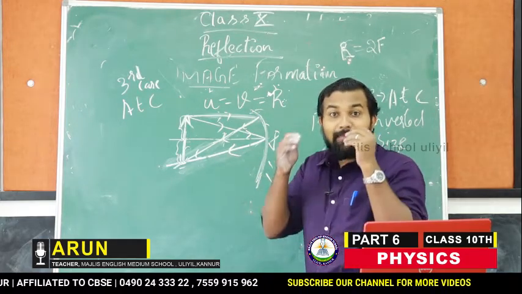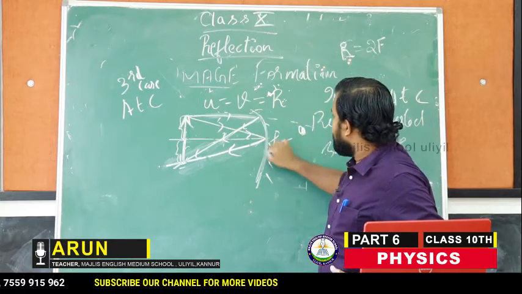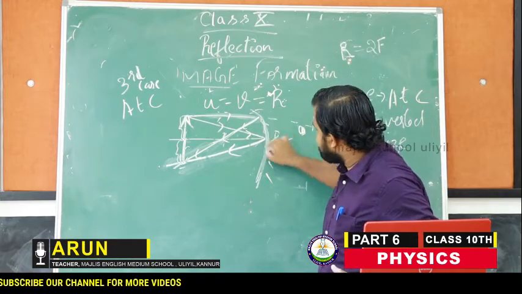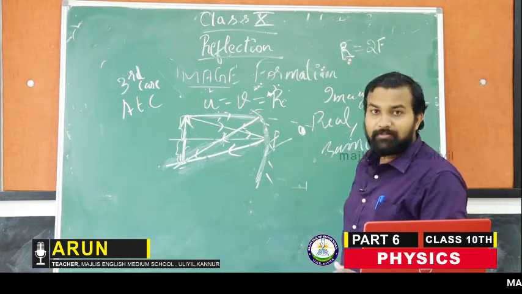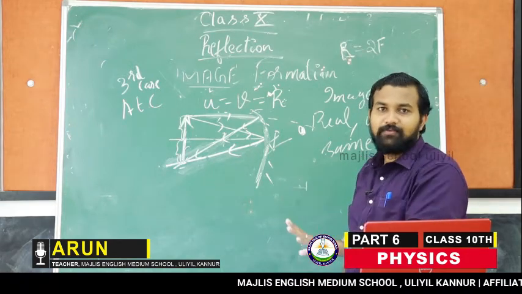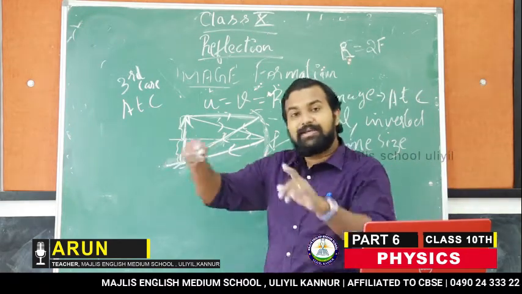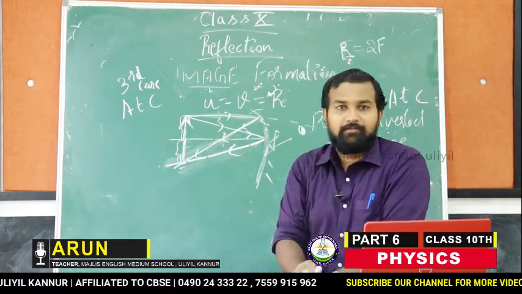It is not real. We are imagining that something is at some point behind the mirror, and we will imagine that we are able to see. We are imagining that we are somewhere here and we are able to see ourselves on the mirror. So those are virtual images. I'll explain it when we are discussing virtual image. Real images means they'll always meet together. We have to adjust a screen and we will get the real image.